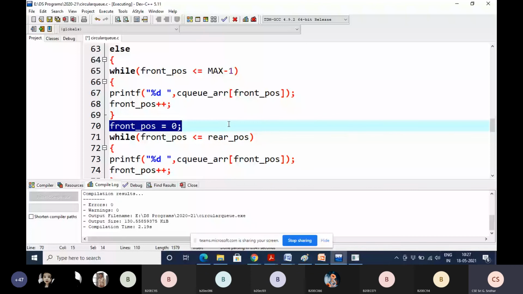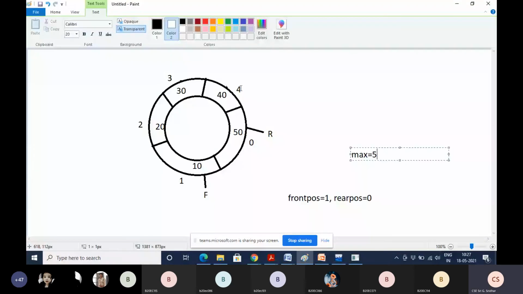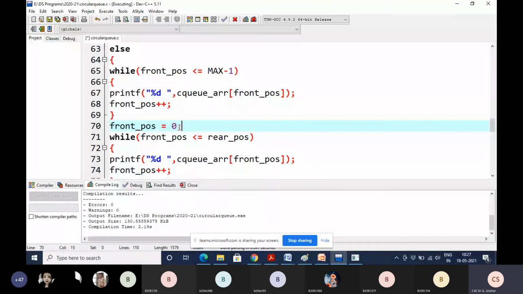Why are we setting it to 0? Displaying the values up to max -1, that is up to 4, is completed. After 4, will 5 come again? No. What should come after 4? We should get 0. That is the reason we change the front position value to 0 after displaying the max -1 position element.